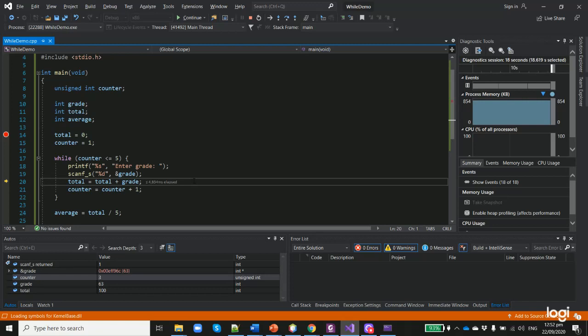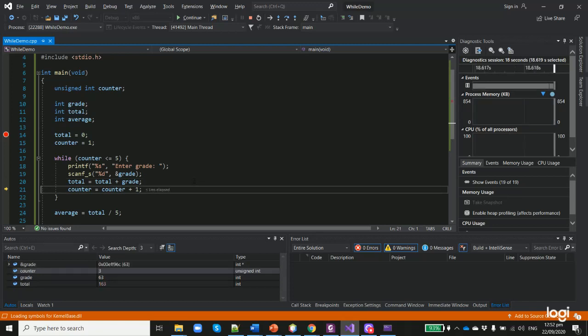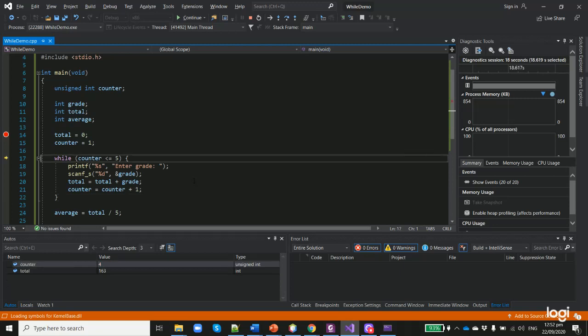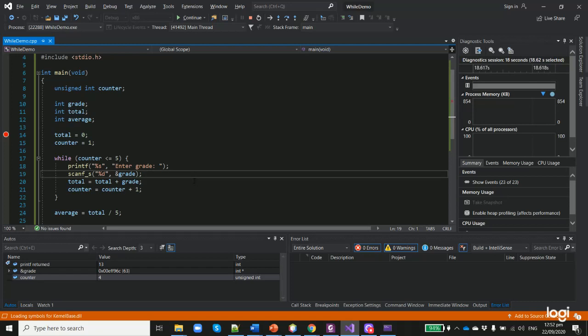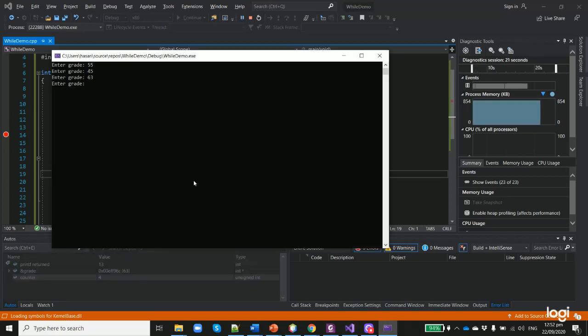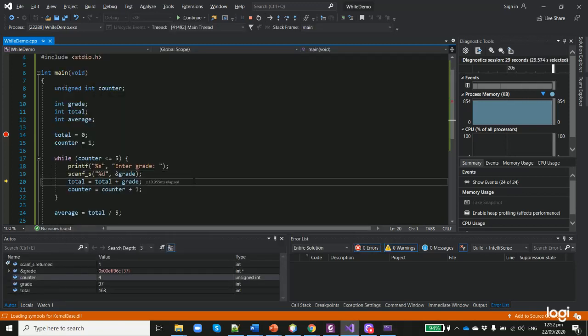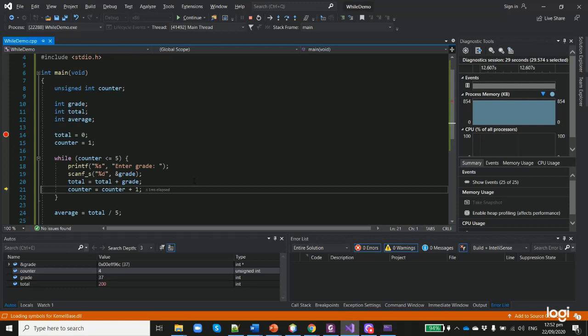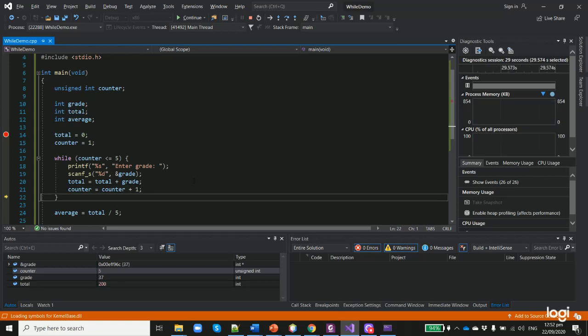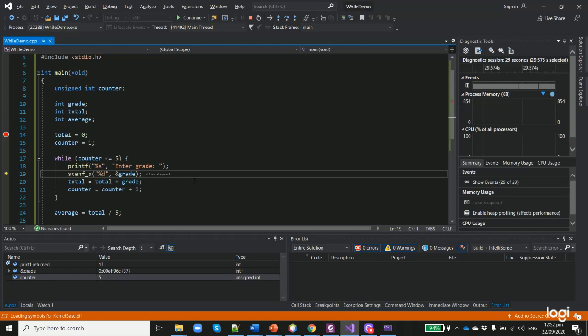Now let's go back there. Increase counter, and increase total. Our total now is 163. Increase counter by 1. Go back up. Counter is still less than 5. Ask the user to input another value, maybe somewhere around 37. So next, when we compute total, our new total value updates, counter updates, and then finally counter is